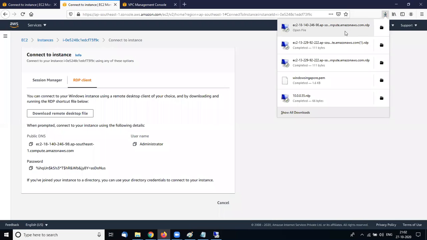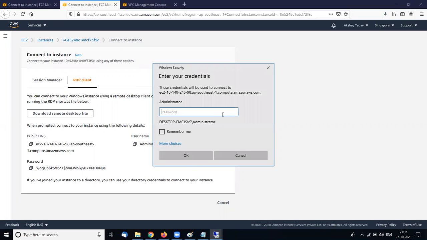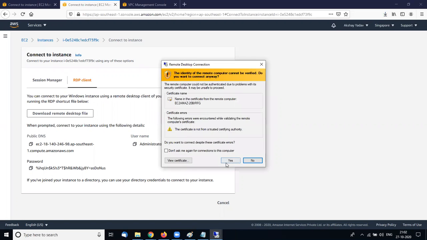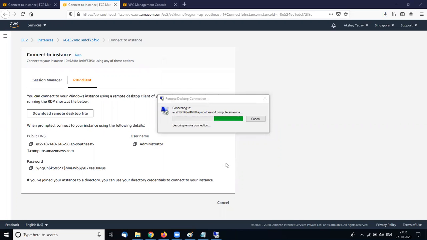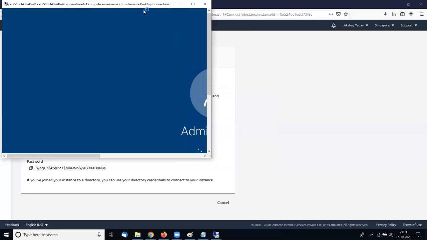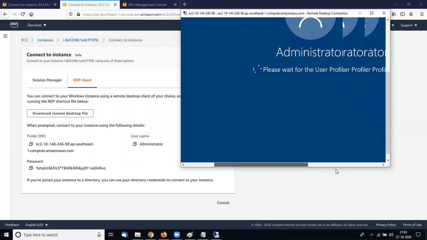So I am again connecting with my RDP, it's installing the component, and I paste the password. I am going to show you live auto scaling because I set my auto scaling maximum machines to 4 and the CPU utilization maximum to 40%.